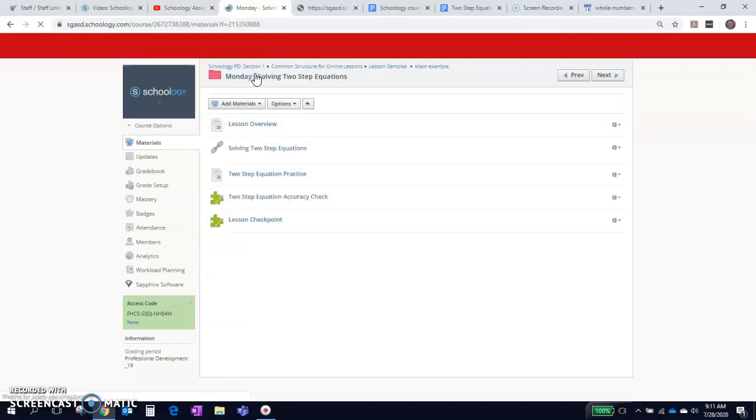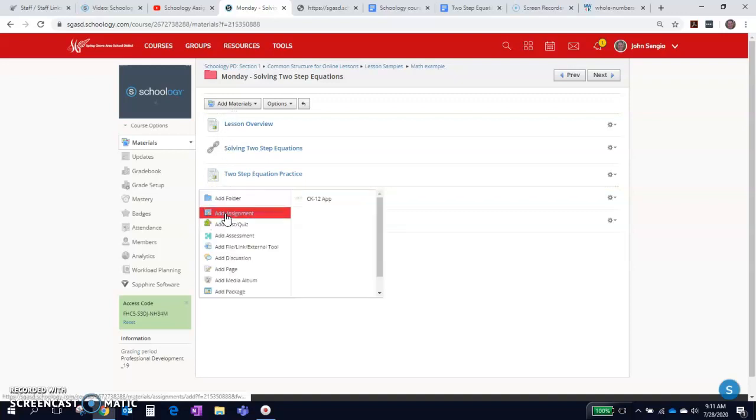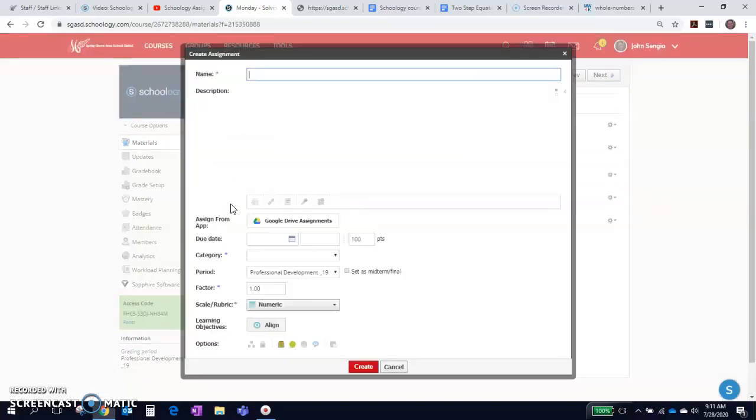So the way that I'm going to do that, I actually want to have that photo submitted right here before this accuracy check. So I can either move my mouse cursor so I get a little plus sign, or I can go to Add Materials, either one, and I'm going to add an assignment. I first want to title that assignment, so I'm going to say